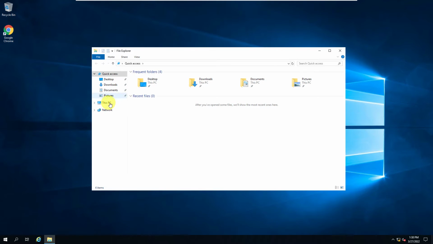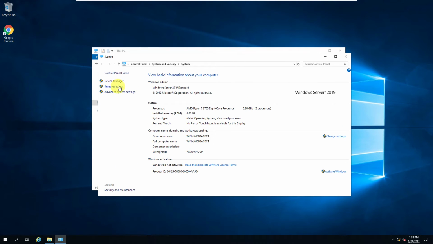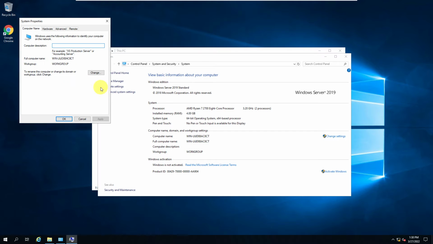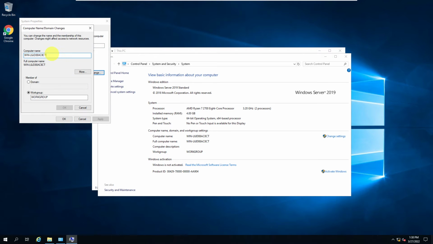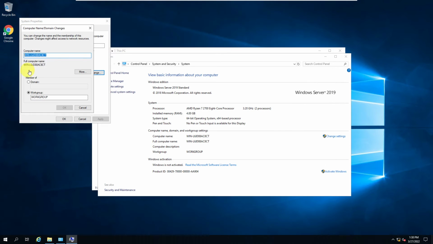Another thing that we can do here is change our server name or client name. At this moment, this is going to be my Factory Tool Directory, but I want this name here. And I don't want this in the workgroup, I want this in the domain. My domain is lab.coc,